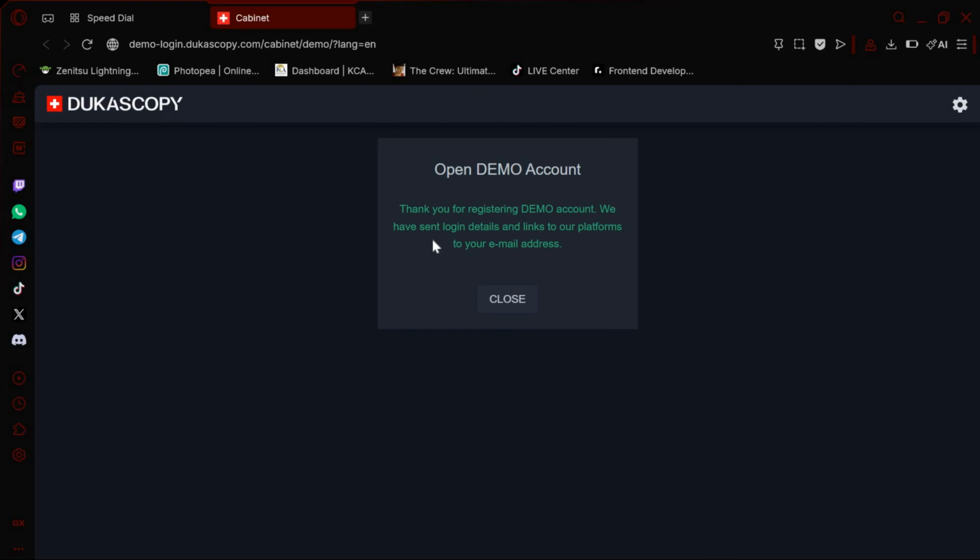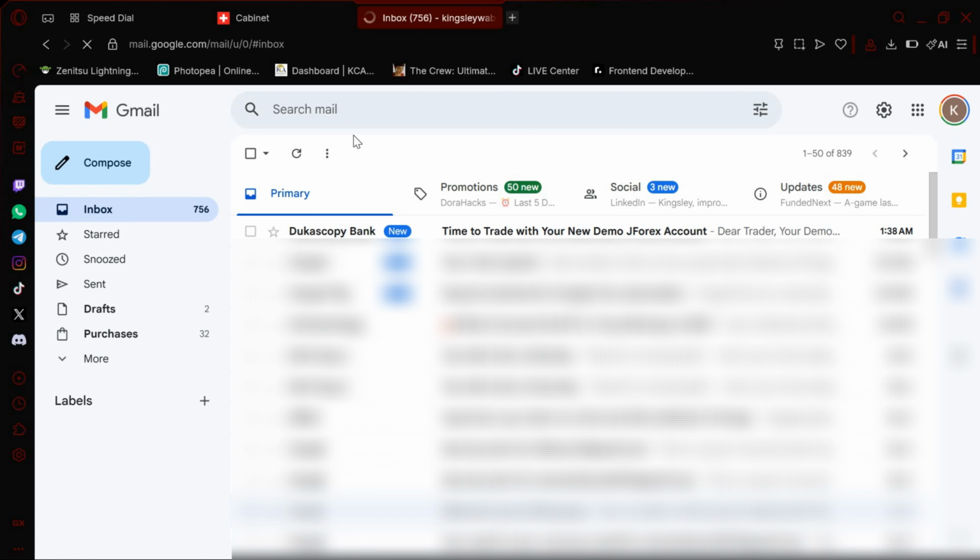Okay, so there's information here. Thank you for registering the demo account. You have been sent the login details and links to our platforms to your email address. So the email address that you input previously needs to be working so that the details can be sent to you. Okay, so guys, I'm in my email, and you can see that the Lucas Copy Bank, which